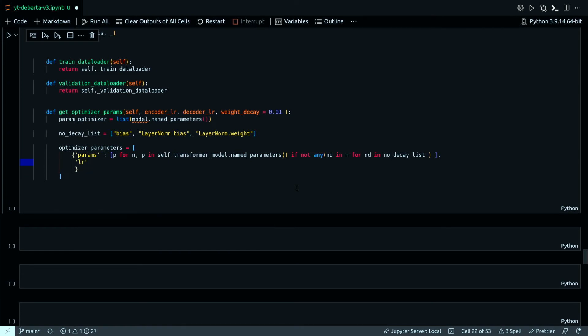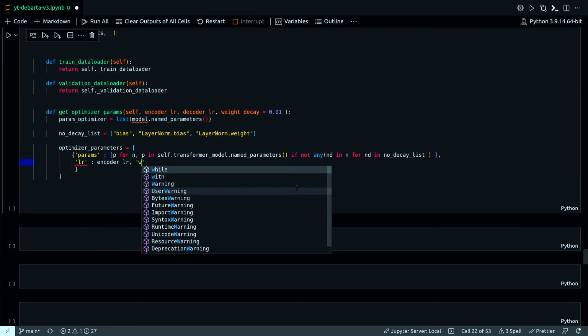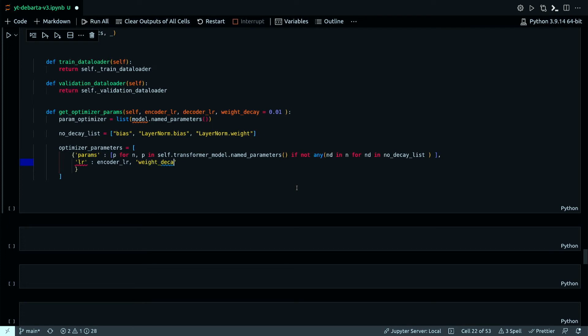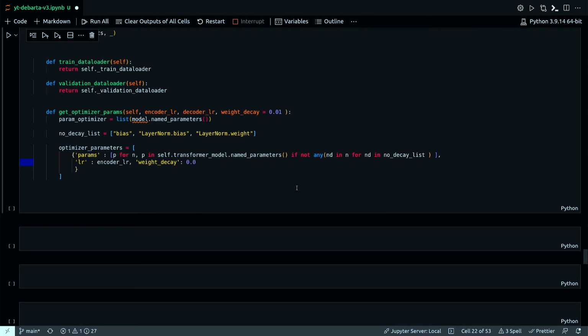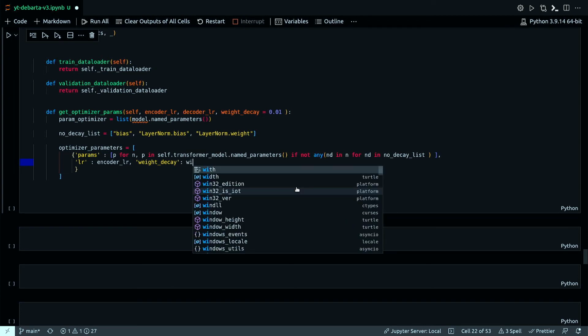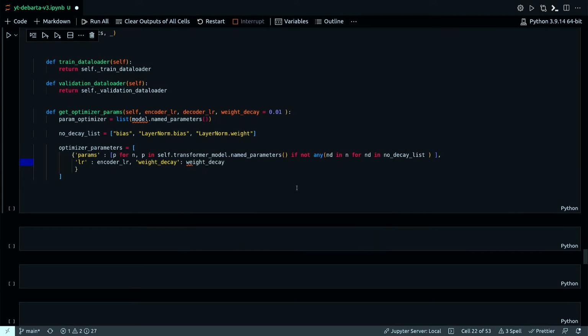And the learning rate is, actually this one will be weight decay. Okay.